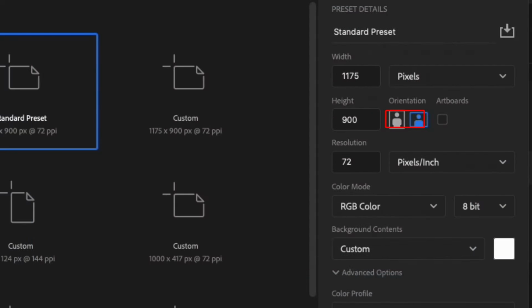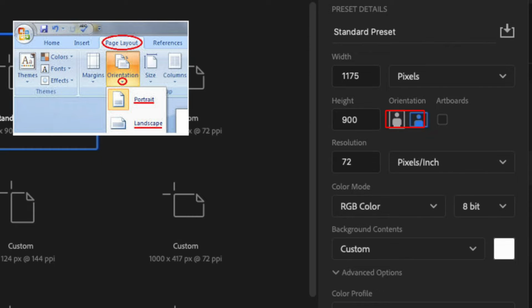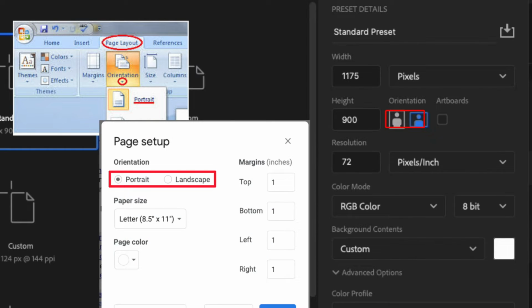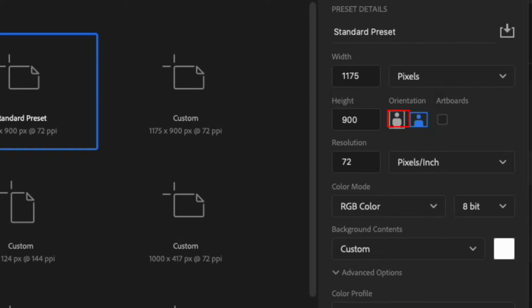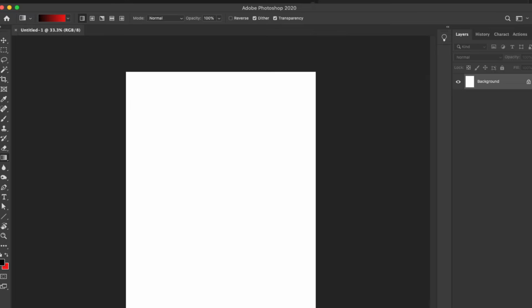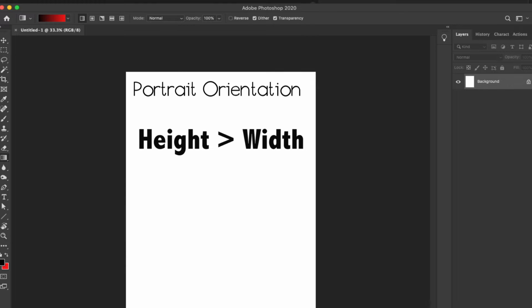These icons here represent orientation. You should be familiar with orientations when you've set up pages like in Microsoft Word or Excel or even Google Docs. The first icon represents the portrait orientation, and portrait is a document in which the height is larger than